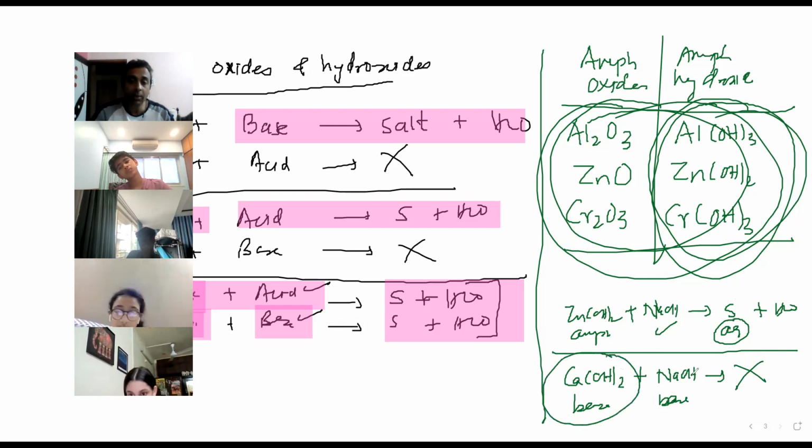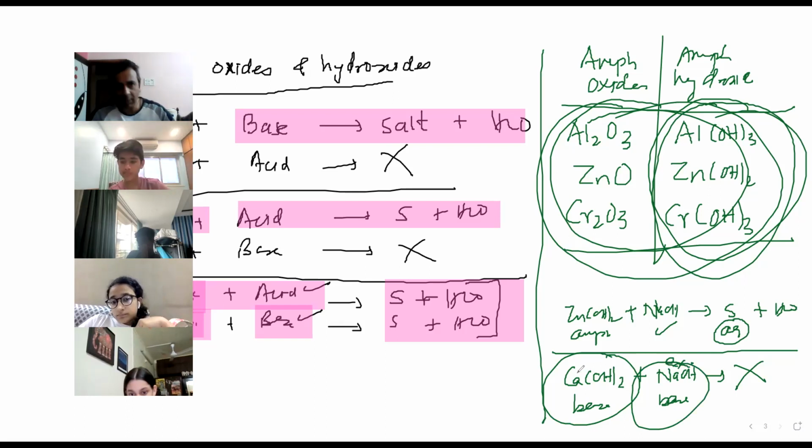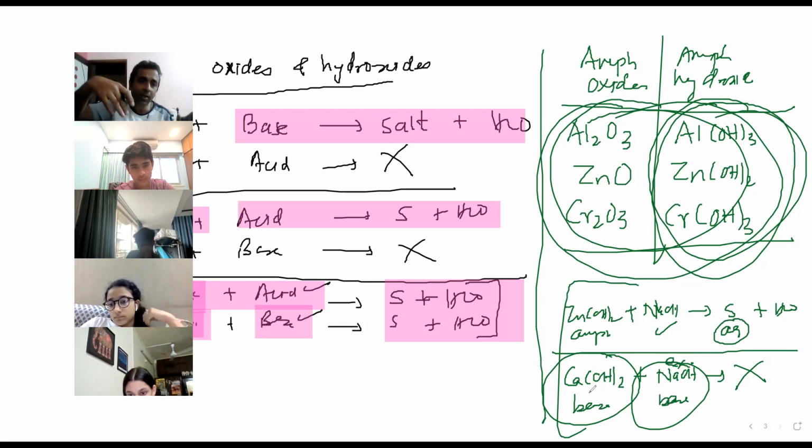That's the reason why, when I add excess NaOH to calcium hydroxide with the white precipitate, because of calcium, the precipitate will not dissolve. Hope you are connecting whatever we are learning today to the test for cations and anions. Like the first reaction of ammonium: base plus ammonium gives you ammonia. That is the test for ammonium. Then NaOH plus the metal cations will all give me precipitates. That's the test for cations. And these three, which are amphoteric, will react with NaOH.